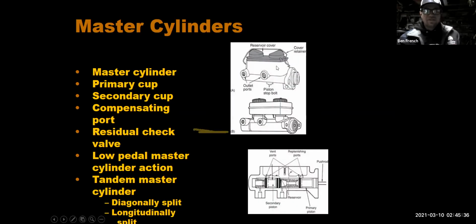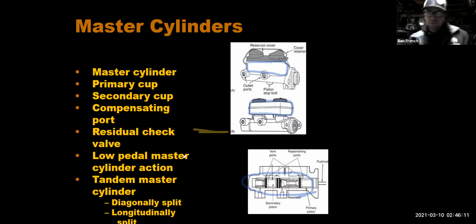So inside the master cylinder, that's where we add to the brake fluid level of the vehicle. So here, I'm going to highlight this in blue. Our top part is our master cylinder reservoir. Here's a plastic reservoir. These are a lot more common these days because you can see through them and see what the brake fluid level is. So that's where we add our DOT 3 or DOT 4 fluid to the vehicle. But underneath this reservoir are the pistons and stuff. Those pistons are what actually move the fluid through the system,